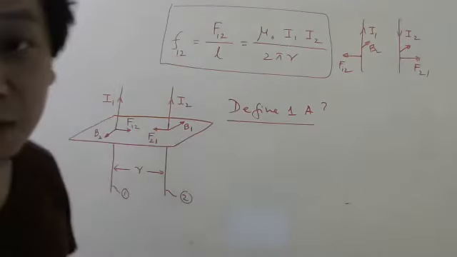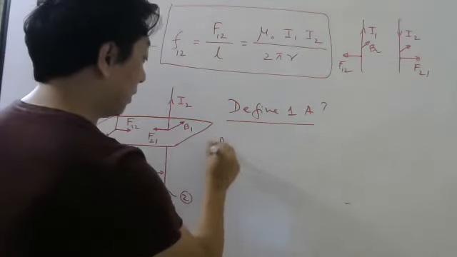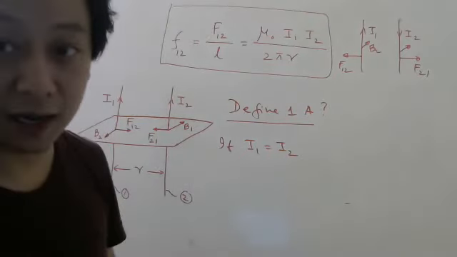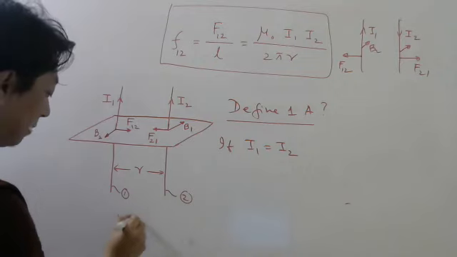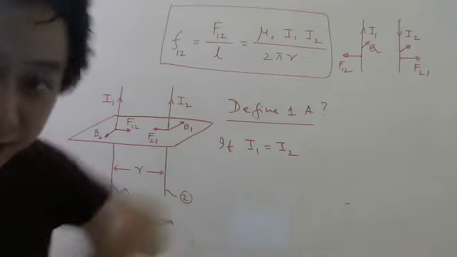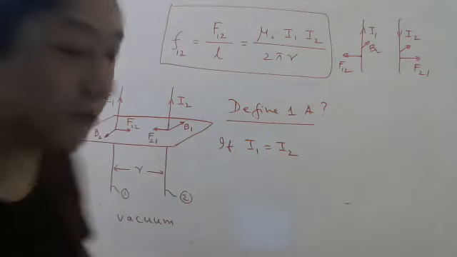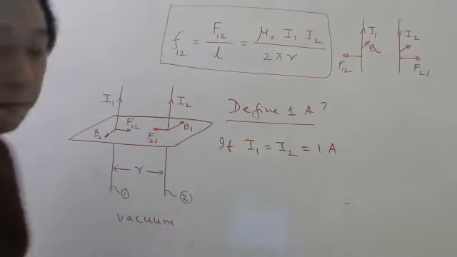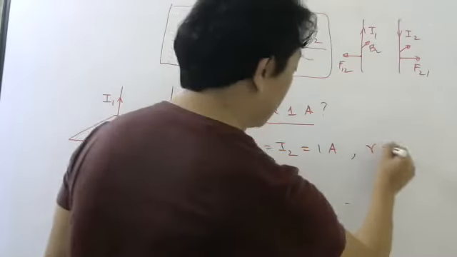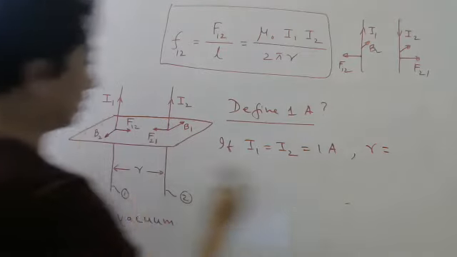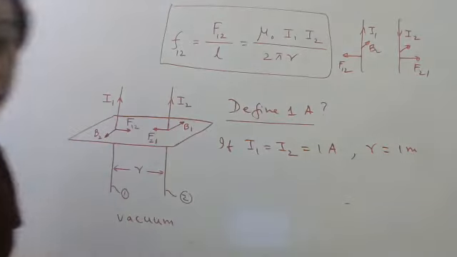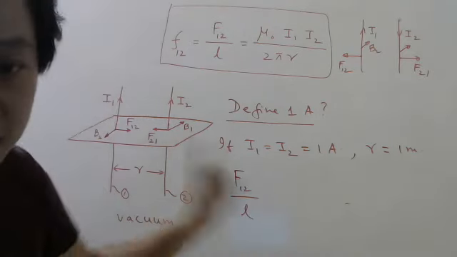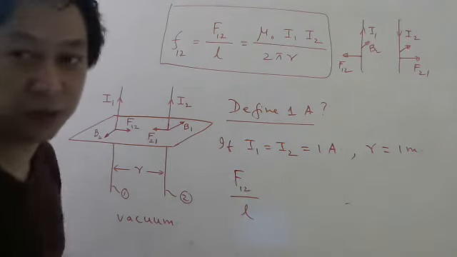So using this formula, we have to do it. Look here. If I say the current in both the wires, long parallel wires in vacuum, the medium is always vacuum. In the next chapter, we will think about what happens in other mediums. So if the currents are equal and both are equal to 1 ampere, and the perpendicular distance between the wires is 1 meter, then calculate the force per unit length on one wire by the second wire. It doesn't matter which wire you write because the magnitudes are the same.